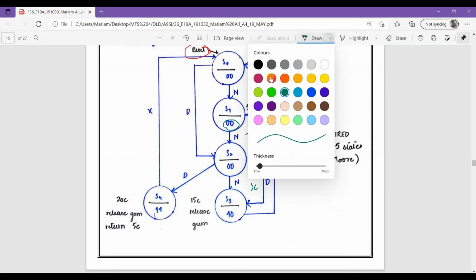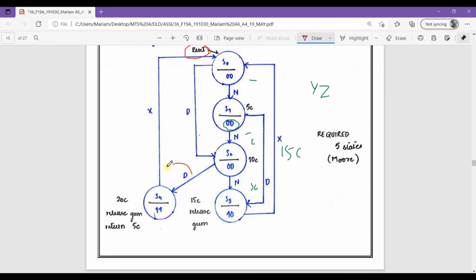Further, if we look at this dime here, this cycle is just defining the conditions: if we are not going there, then we are going here.